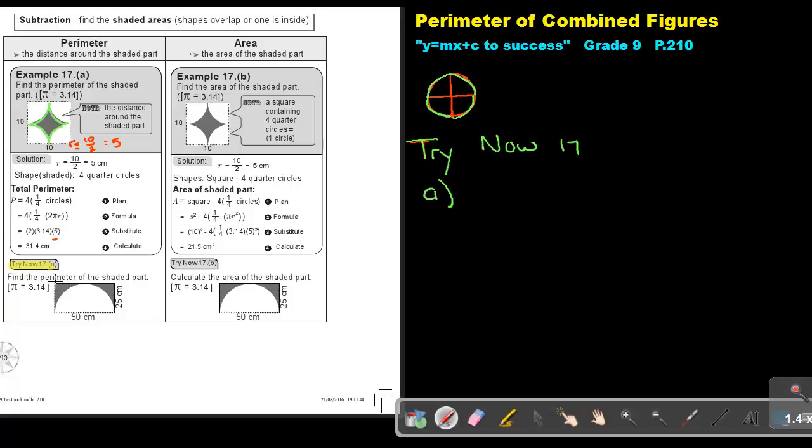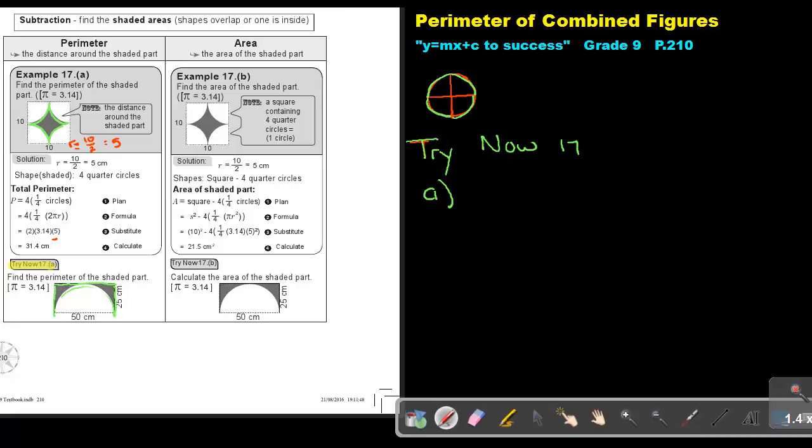Okay, let's try again. It's this plus this. Plus this. Okay, so it's a short side plus a long side plus a short side plus half